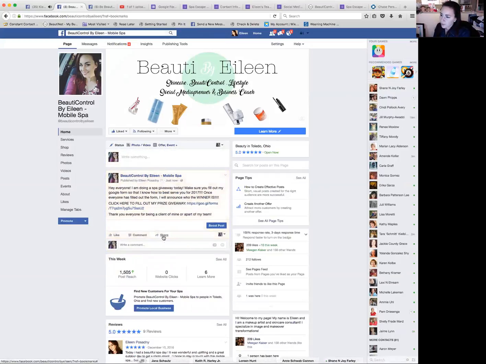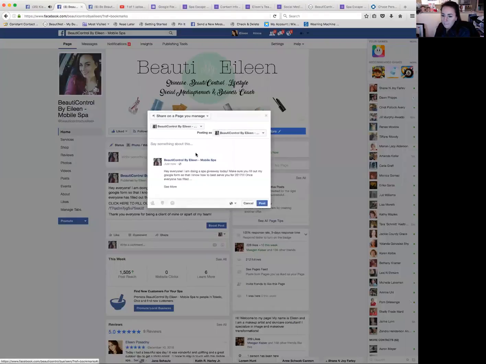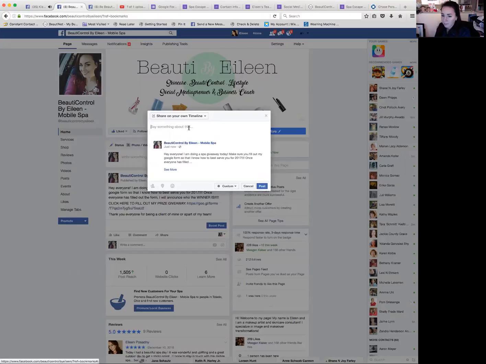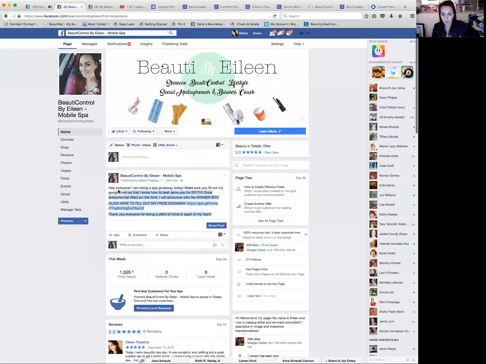Do you see down here where it says share? You can click share. And it says share on a page you manage, share on my own timeline. And then you can, once again, let me go here and I'm just going to copy all of this.